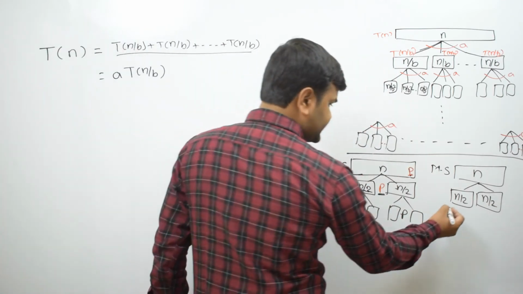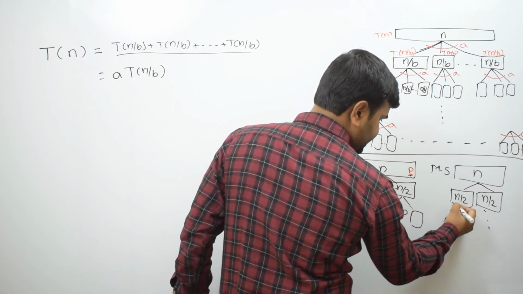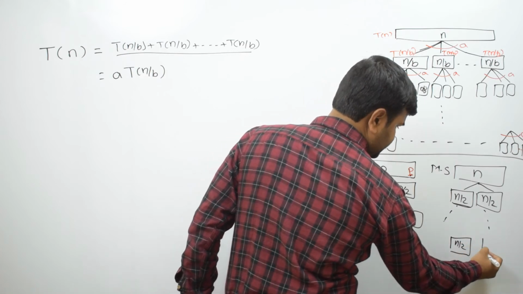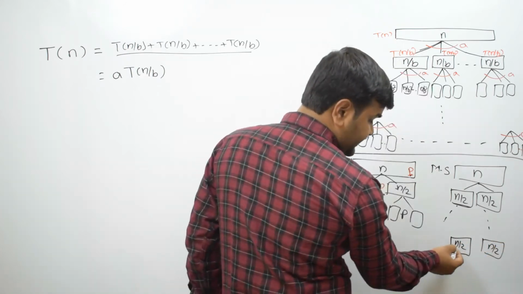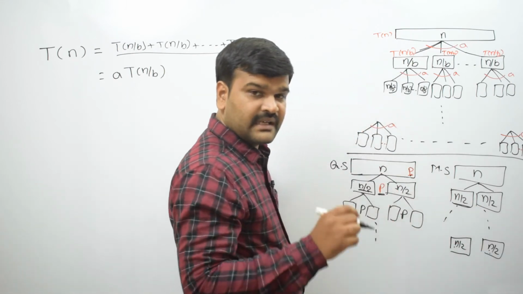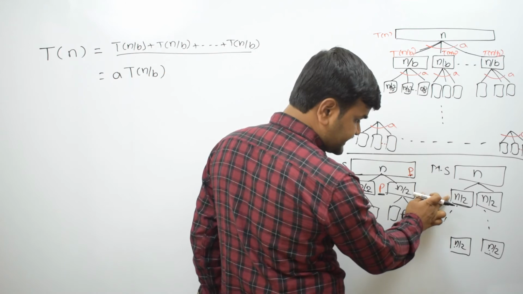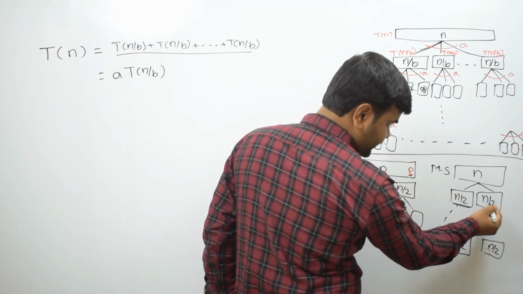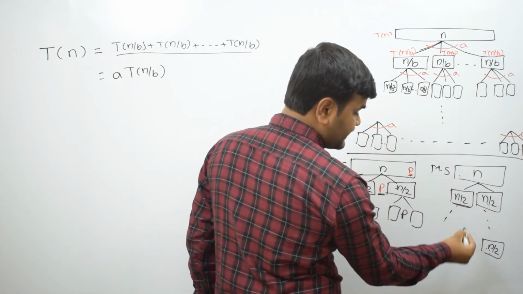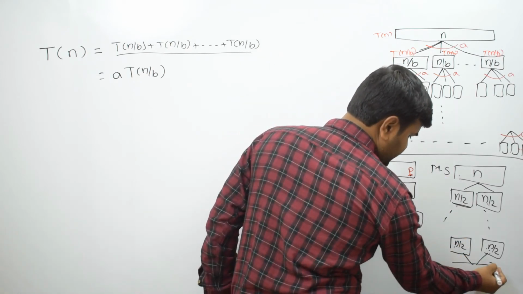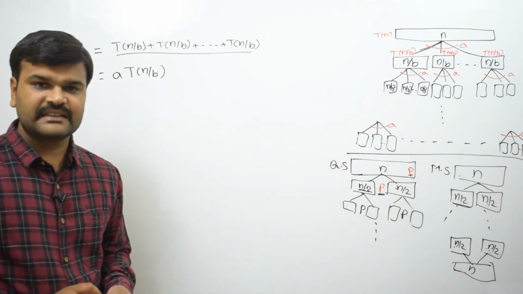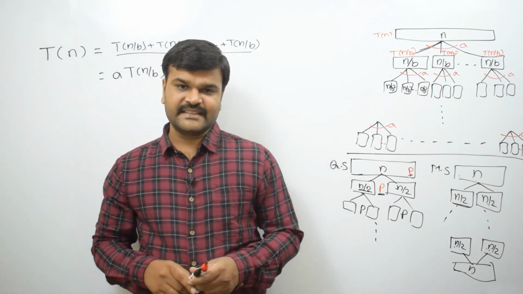Okay. So like this if you continue, somewhere in this subproblem solution you are going to get n by 2 size. Whatever elements are here are sorted, and whatever elements are there are sorted. That means this is the solution for this subproblem and this is the solution for this subproblem. And what is the solution for this subproblem? If you combine these two, then that will become the solution for this subproblem. Is it or not? That is what we are doing in merge sort, right?